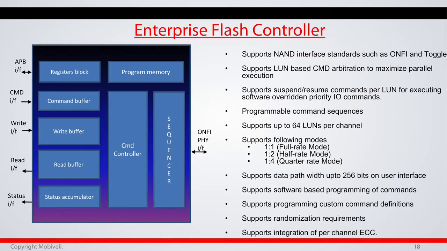Again, it has the full rate, half rate, and quarter rate modes. What that means is that you can port this to FPGA for a slower implementation, whereas for ASIC, you don't need to use a quarter rate. The full rate is going to work because that's going to be an area-efficient implementation.